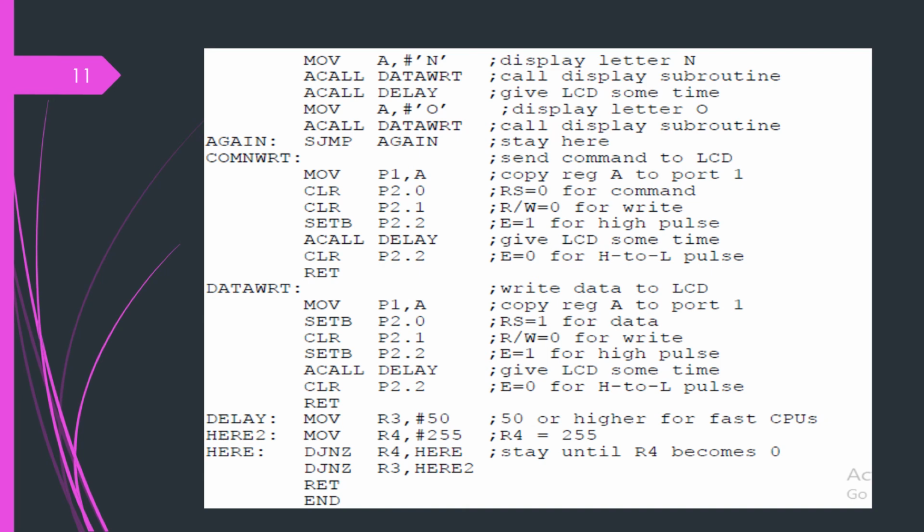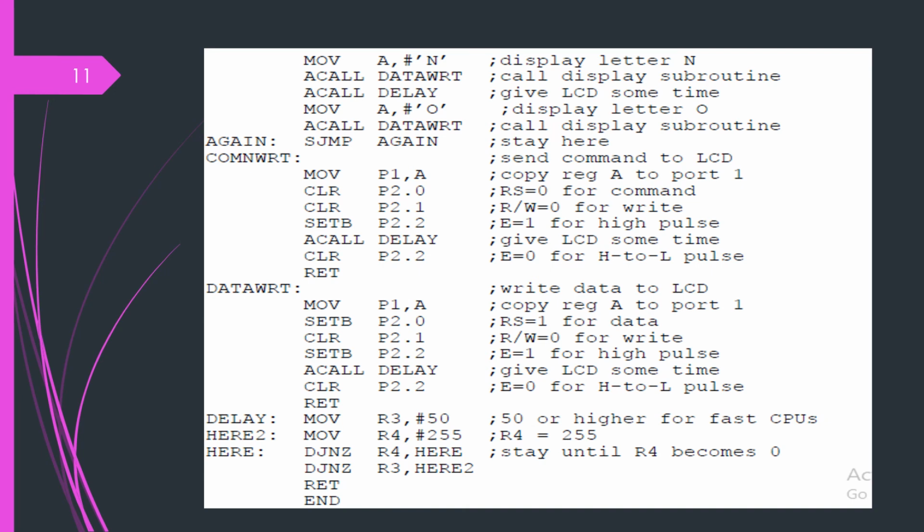We don't want to keep the enable line continuously 1; we want to make it 0. So in the beginning we did the register select, then the write operation with SETB enable 1, and once again made it 0 by clearing, and returned from the routine.